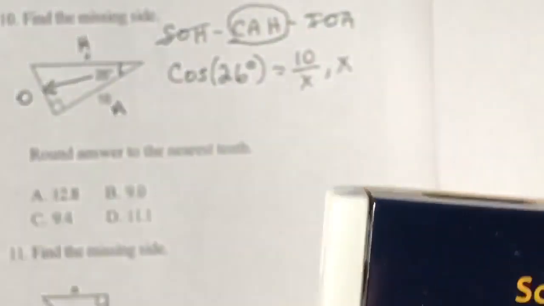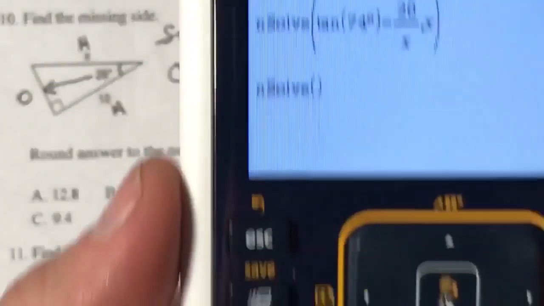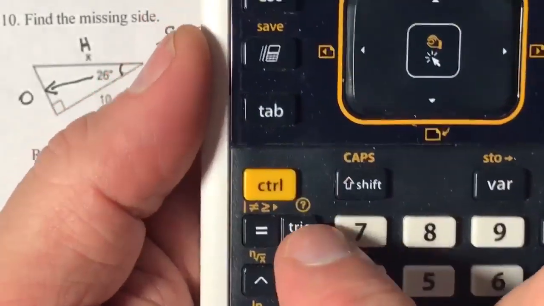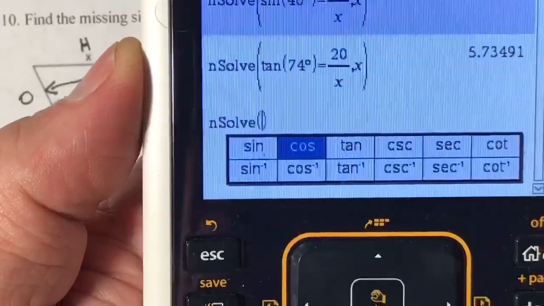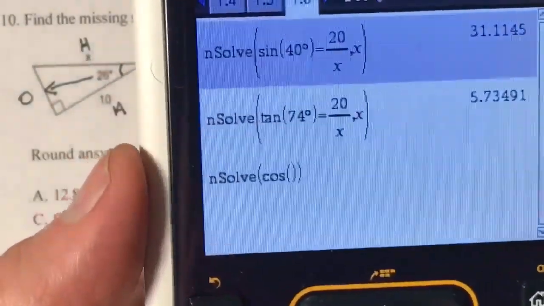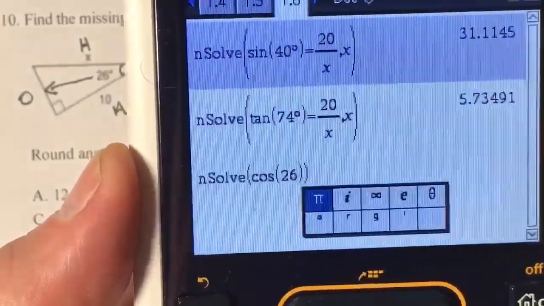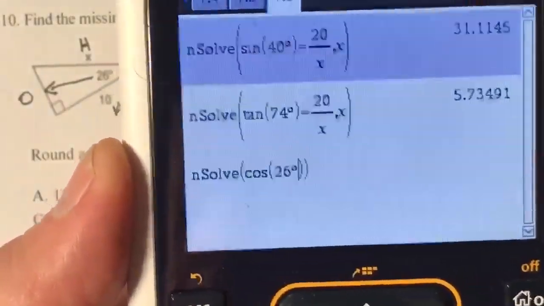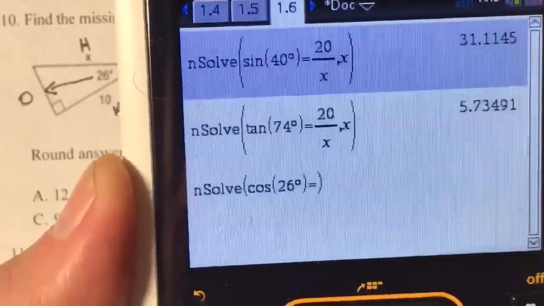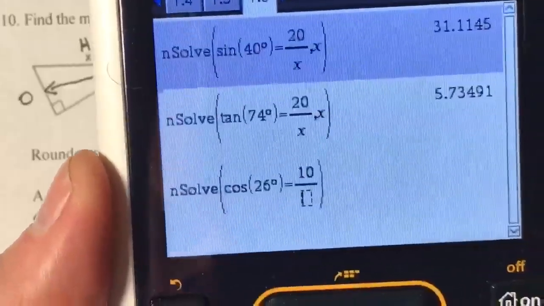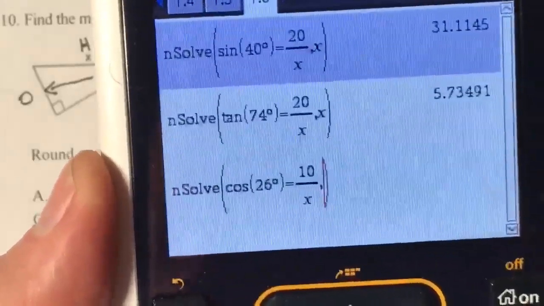So menu 3-1. All right, now we want to go get trig, right? And we want to arrow over to cosine. We're using cosine. All right, now we are doing 26 degrees. Don't forget, get your degree symbol, right? Arrow to the right between those two, put your equal sign, control divide, and 10 over X, and then comma